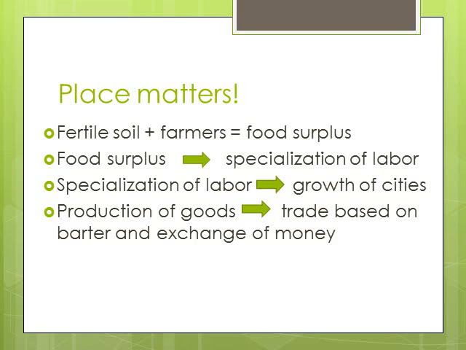And then when you've got these people in cities all doing different kinds of jobs and producing different kinds of goods and services, you develop a trade economy where either you're bartering for goods, you take what you produce and you trade it for something you need and vice versa, or you have the exchange of money, like the Persians and some of the Chinese civilizations that actually developed coins and currency to use in exchange for goods and services.